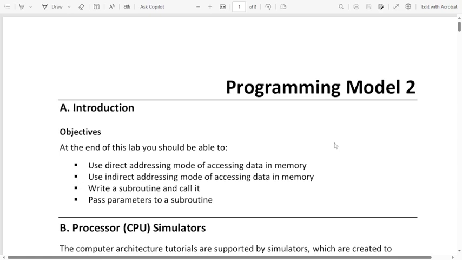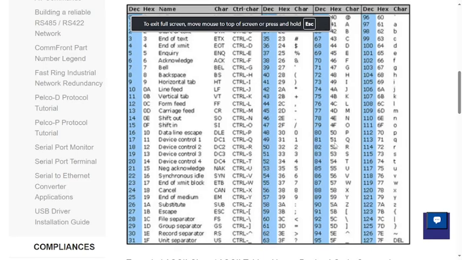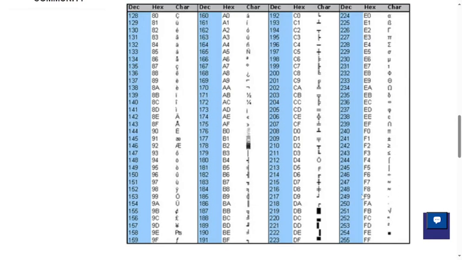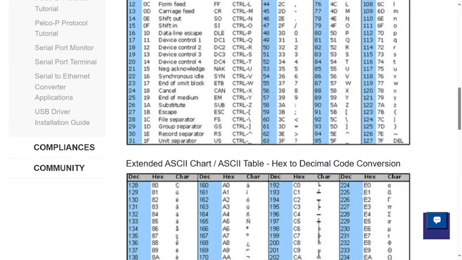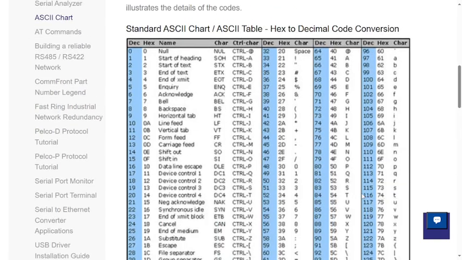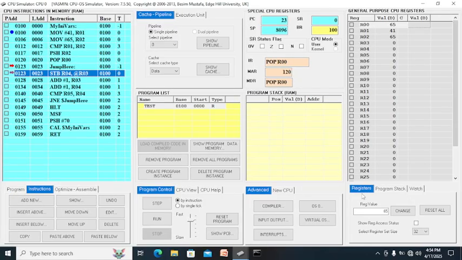Review your ASCII table. Okay, we have ASCII table here. And play with your simulator.